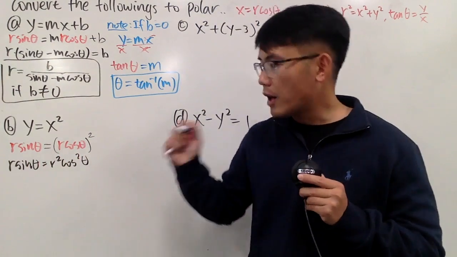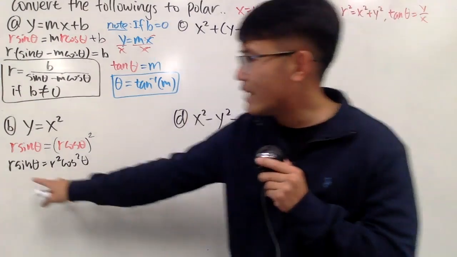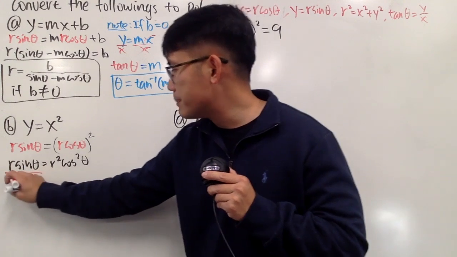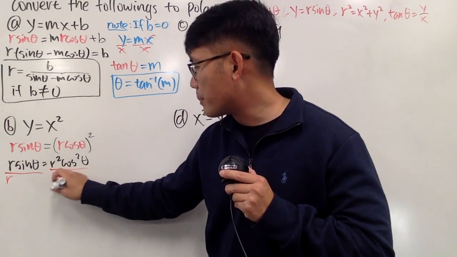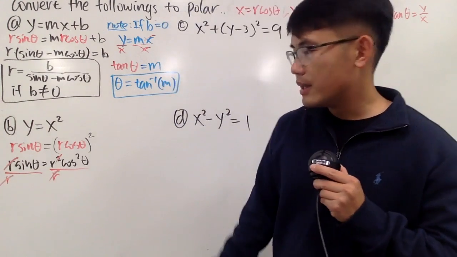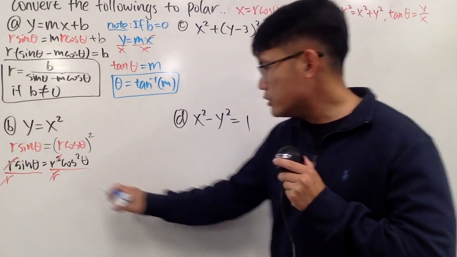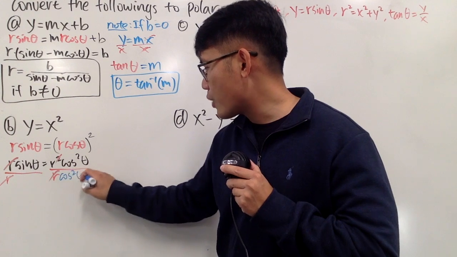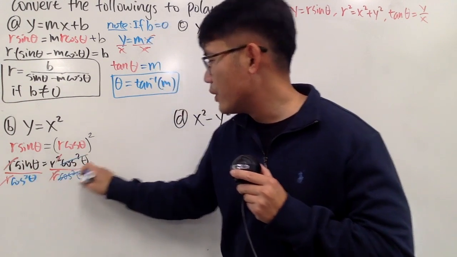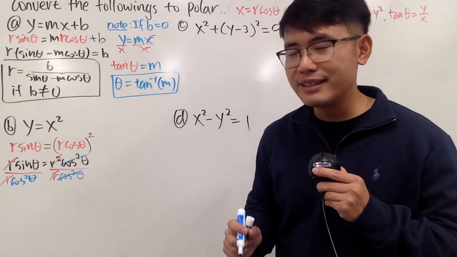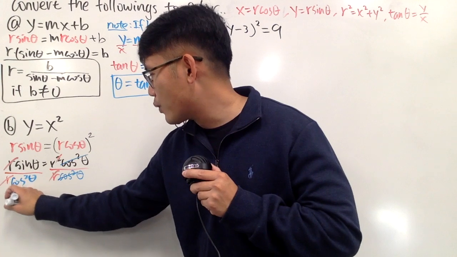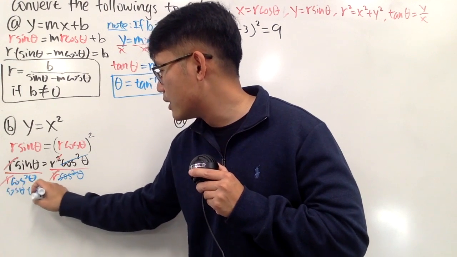And we want to get the r by itself. Here we have r to the first power. Here we have r squared. Perhaps let's divide both sides by r, so we can get the r by itself on the right-hand side. This will be completely gone. And with that said, we should also divide the cosine squared theta on both sides, so that we get the r by itself on the right-hand side. And take a look. Dividing by cosine squared, of course, means cosine theta times cosine theta.